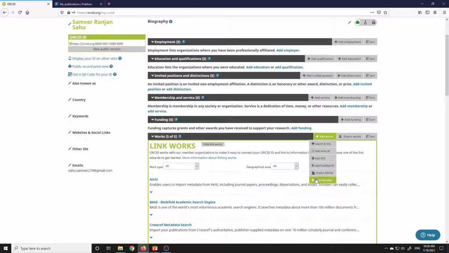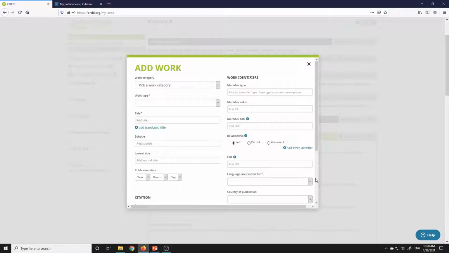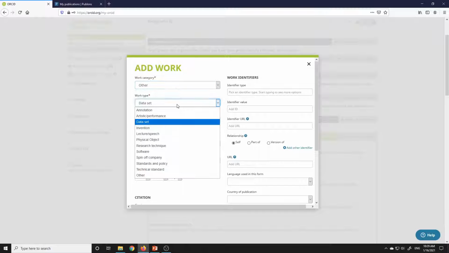Otherwise, you can go for manual. Now this manual is where you can exactly select the contribution, what type of contribution, what type of category. See, publications, conference, intellectual property, others. If other, what is that? Data set, annotation. This is not provided by any other tool.